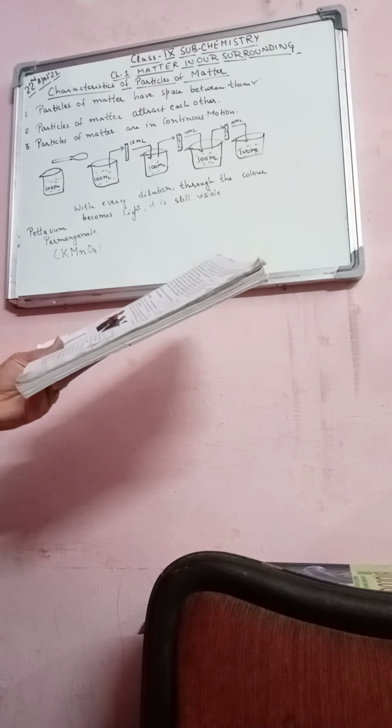Activity 1.6, a very easy activity, or 1.7: you will see that take an iron nail, a piece of chalk and a rubber band. Just stretch them. Try to break them by hammering. You will break some of them. So what do you observe? You will observe that particles of matter hold together because of the cohesive force. The strength of this force of attraction varies from one kind of particle to another, right? So this is the second one, particles of matter attract each other.